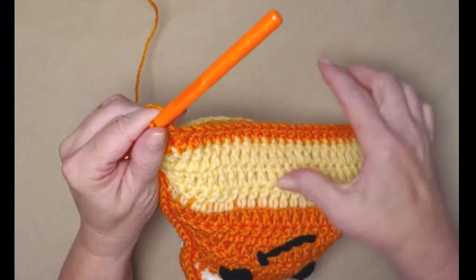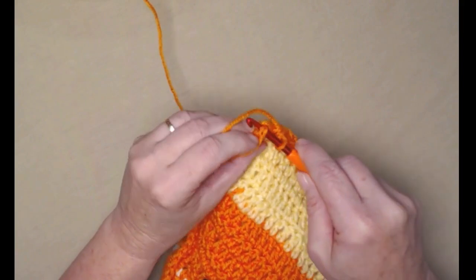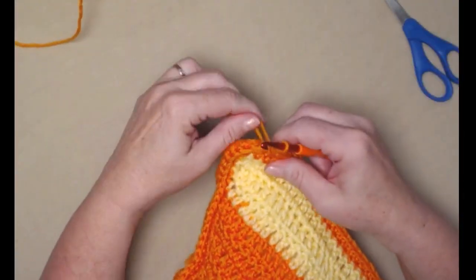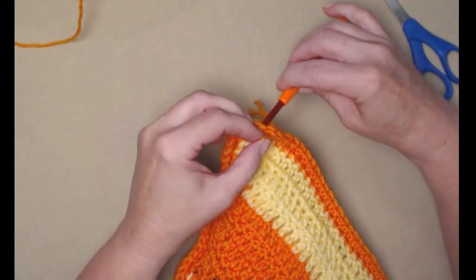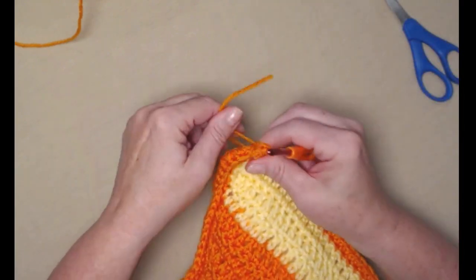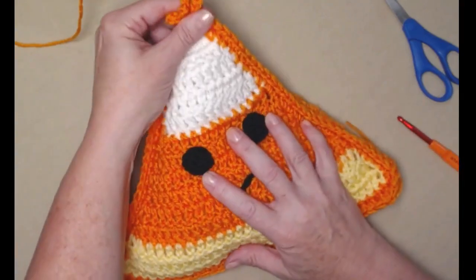I've stitched across the bottom, closing up my candy corn. Now I'll join to that first single crochet. Cut that off. Go in the next stitch, pull the loop to the back. And now all I have to do is weave those ends in, and I've got an adorable